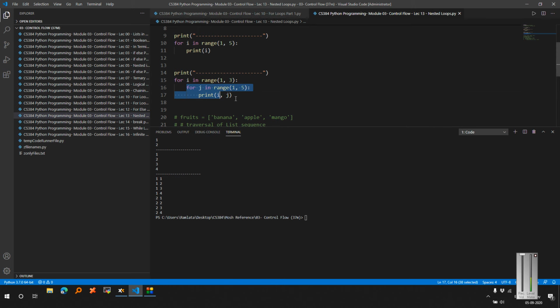So first see the inner loop. Whenever you have multiple for loops, try to start with the inner loop. For j in 1 to 5, you can see 1 to 5 means 1 up to 5, but not including 5. 1, 2, 3, 4. 1, 2, 3, 4. It's like a repetition. Now what happens in the outer loop? So i will start from 1 to 3. Let me just write here, print the current value of i is i, and let us also print the current value of j.